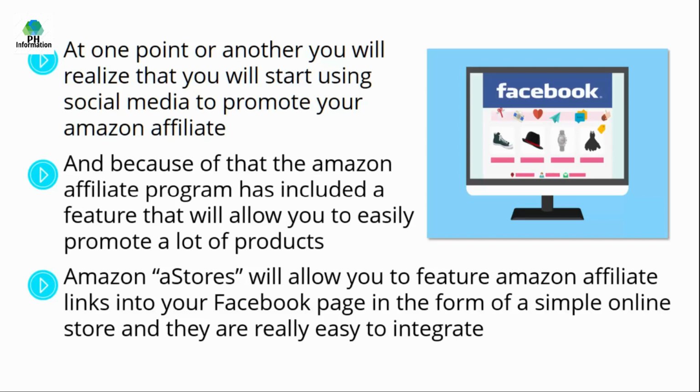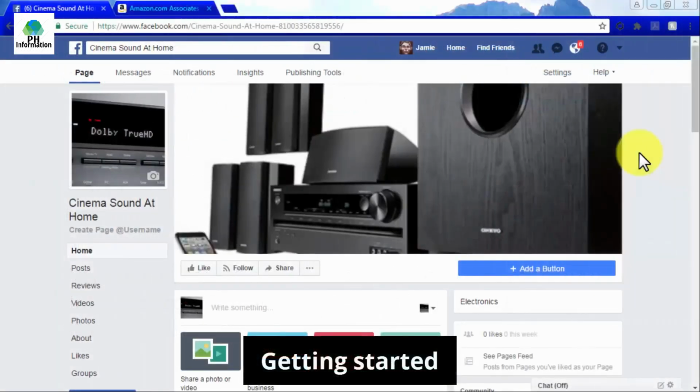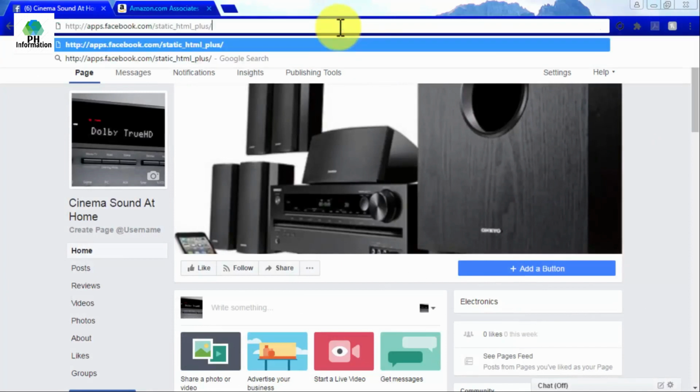Amazon A stores will allow you to feature Amazon affiliate links into your Facebook page in the form of a single online store, and they're really easy to integrate. In this video, we are going to show you how to do it with a few clicks of your mouse. Getting started, log into Facebook and type